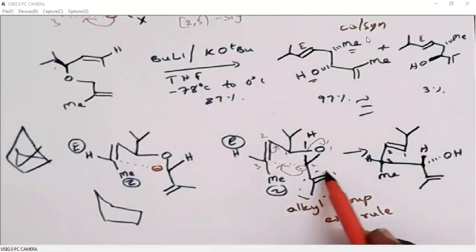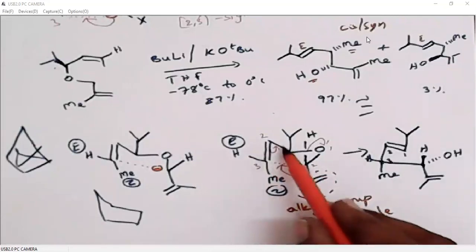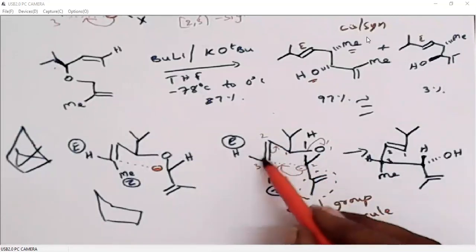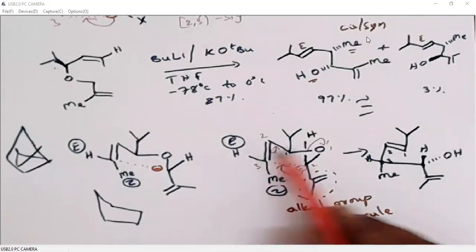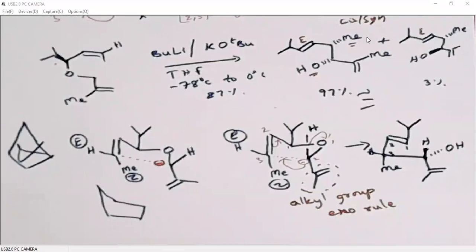But here it doesn't have C double bond O or C double bond N. It follows the exo rule. That means away from the pi system. That means 1, 2, 3. Nearer to this is above the plane, away from this is below the plane. So it is what is called the exo rule. I'll give you two more examples on this, and you can easily predict the stereochemistries.